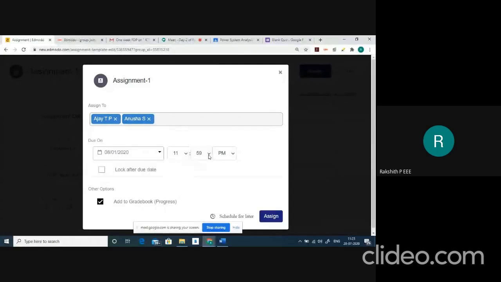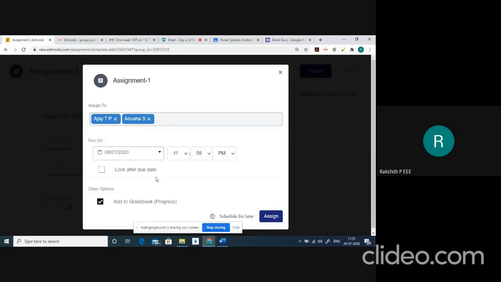And there is one more option, that is lock after due date. If you select this particular option, then your students can't submit assignment after this particular date.